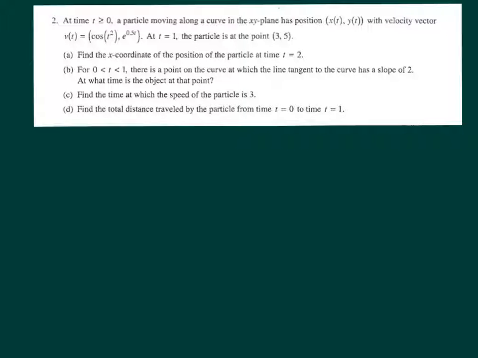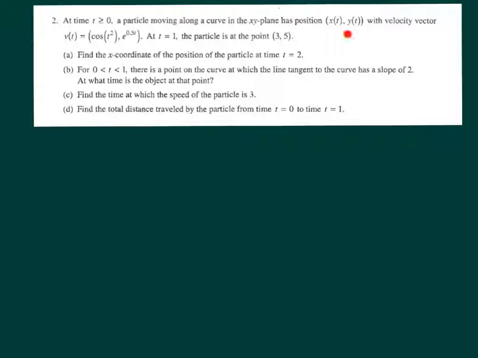But if I'm asked to evaluate a function or a definite integral or to take the derivative of a function and evaluate at a certain point, I'm going to use the calculator to do that. I just want to write out what I'm doing and then go through and say what that answer is. So number 2, at time t greater than or equal to 0, we have a particle moving along